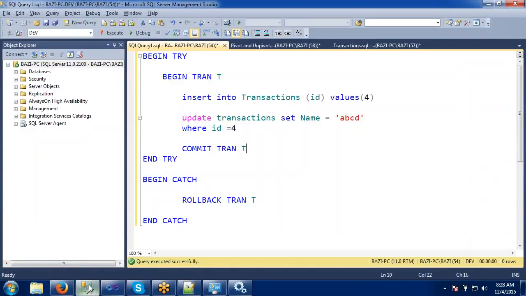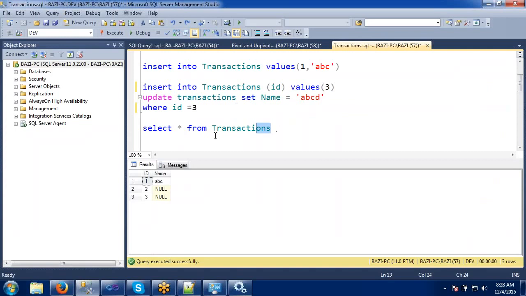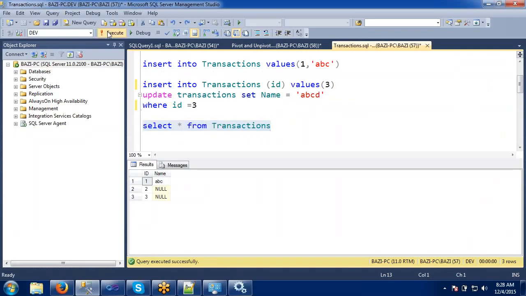Let's go and check our table whether this record was inserted or not. If you see this one, that fourth record was not inserted. Why? Because SSIS has taken care of that transaction. If the transaction is not matching that condition, then it does a rollback.